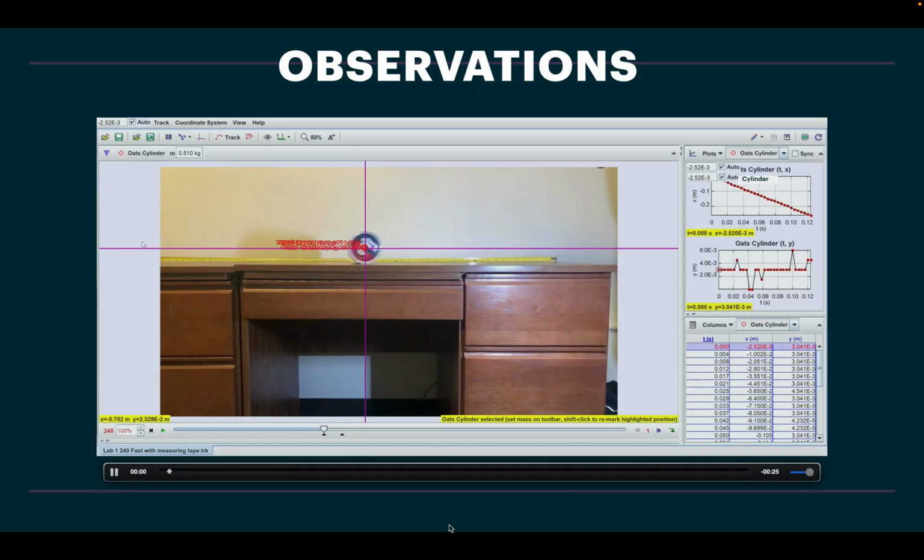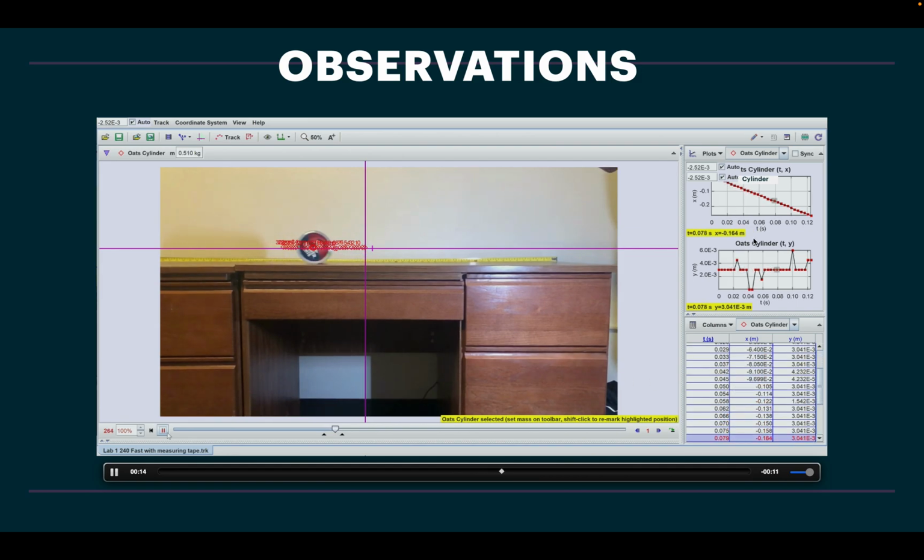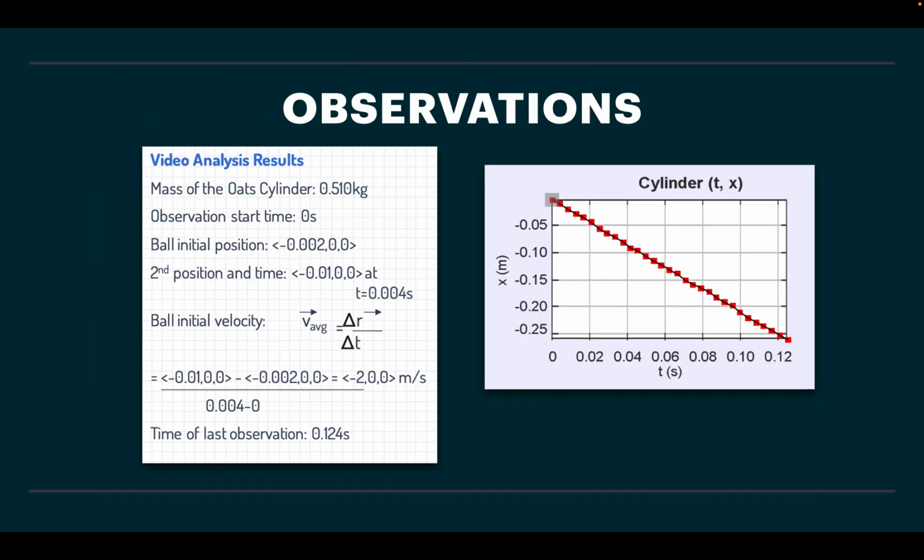Here are some observations of the Tracker app. The object started moving at some time, and the Tracker started analyzing and drew a graph of the object's motion. This is what the graph looks like. It's a linear graph wherein the distance or displacement traveled changes linearly with the time. The mass of the object was 0.5 kgs. The observation start time was obviously 0. The Tracker app calculated the object's initial velocity to be 2 meters per second, and the time of last observation was